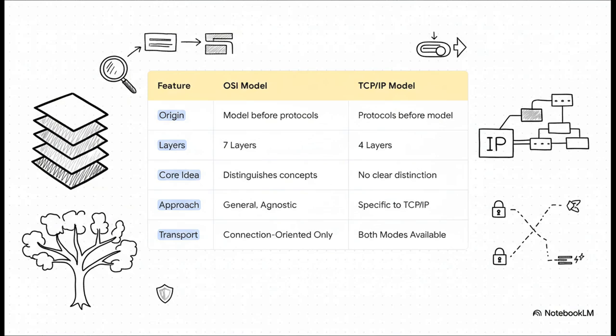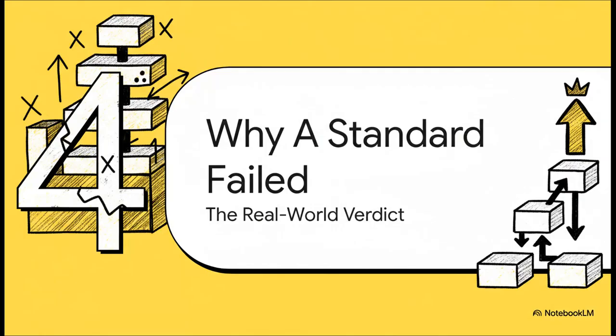Now, this is where it gets really interesting, because this reveals a deep, fundamental difference in philosophy. See, the biggest contribution of the OSI model is how it clearly separated what a layer does, its services, from how it does it, its protocols. TCP/IP, since it was just describing stuff that already existed, didn't really make those distinctions. This made OSI a fantastic general model, but it also made TCP/IP way more flexible where it counts, like, say, offering you a choice between reliable and unreliable transport. So while the OSI model is this elegant, powerful tool for thinking, well, history has a very clear winner when it comes to what we actually use.